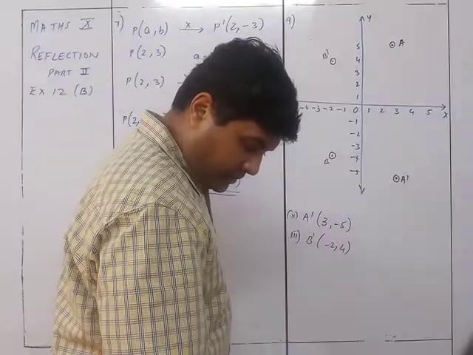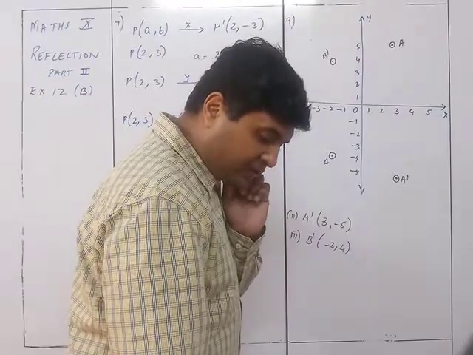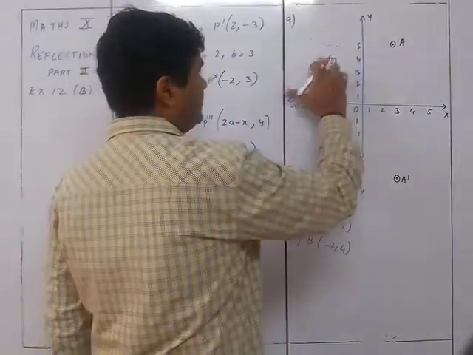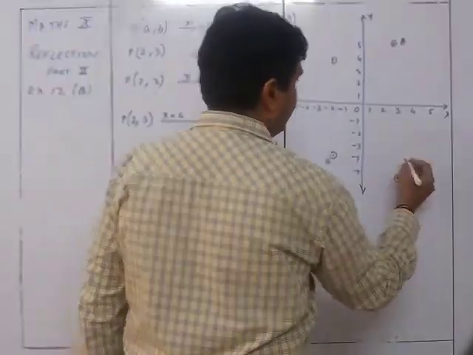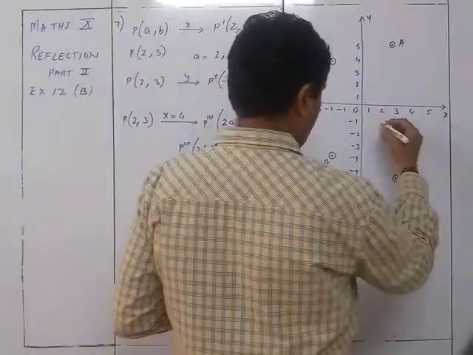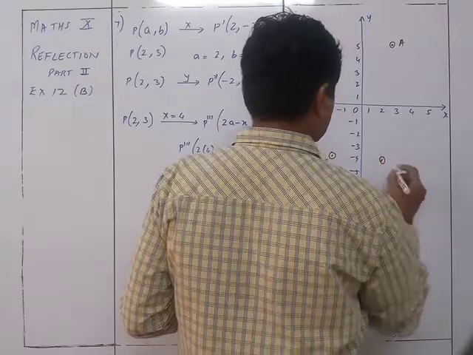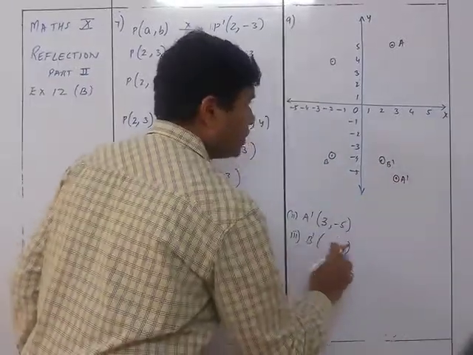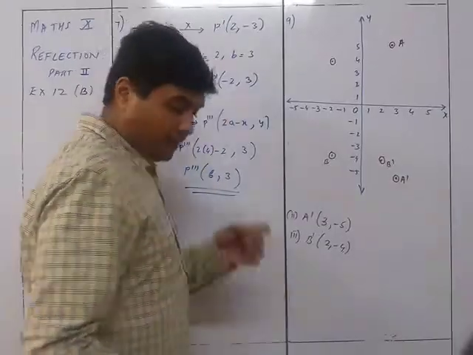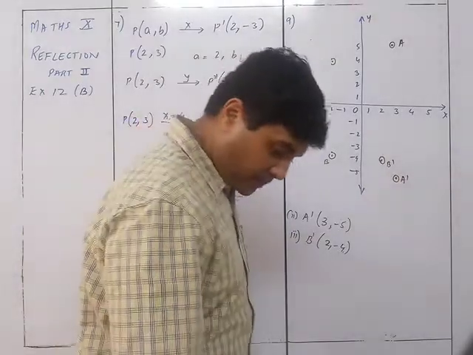We are plotting it. B dash is the image of B when reflected by the y-axis, followed by the reflection in the origin. Write down the coordinates of B dash. So this is not the earlier B dash, it is then followed by the origin. So on the origin, this was minus 2, okay, this is going to be 2 comma minus 4, so it will be here. So this is B dash, that is 2 comma minus 4. Because they first said reflected here and then reflected in the origin, which is like this.